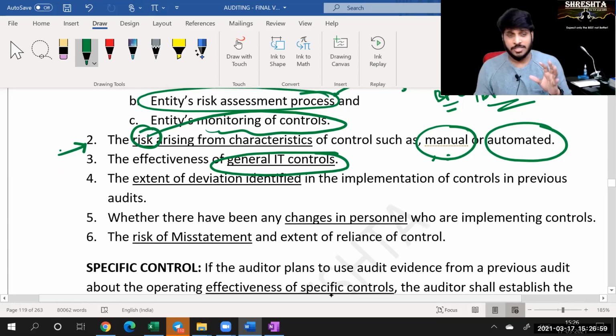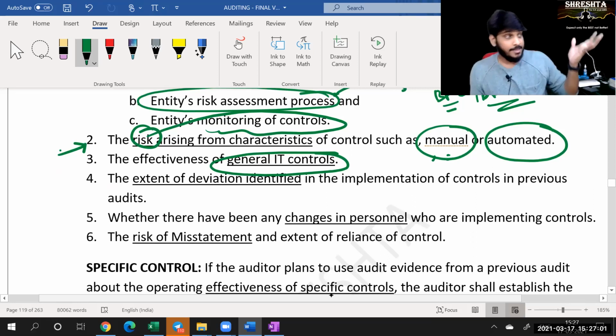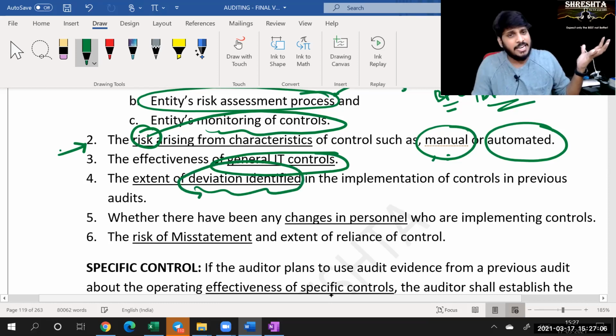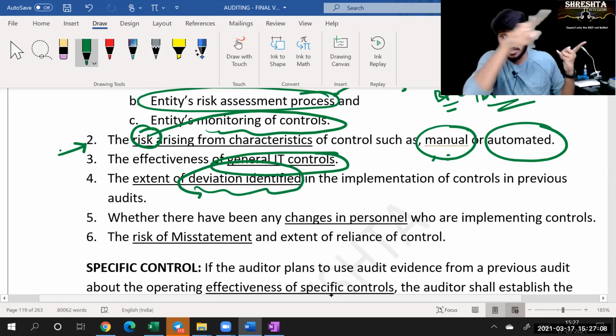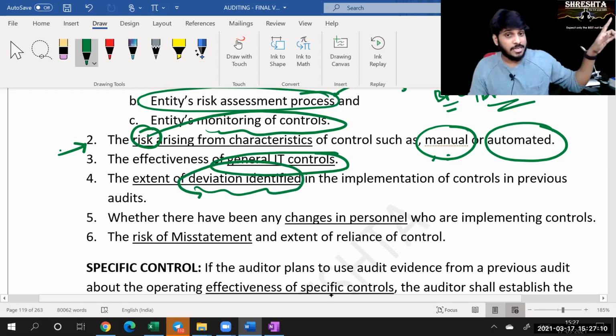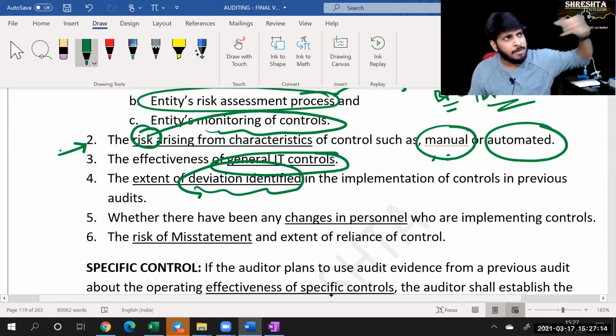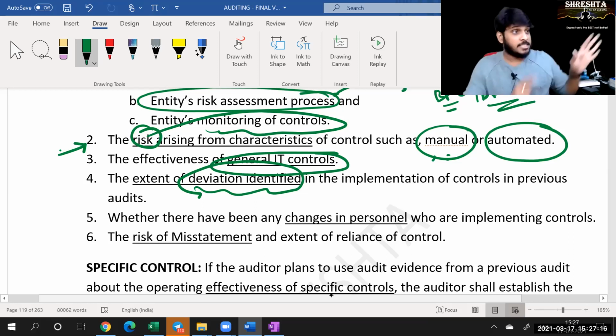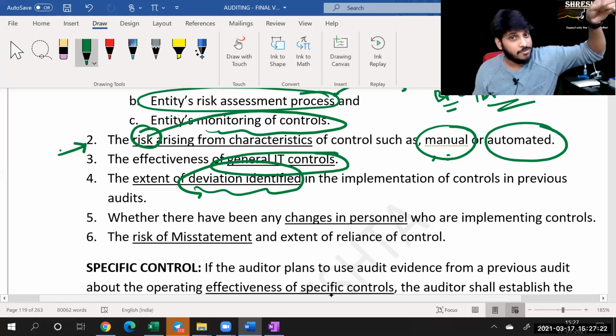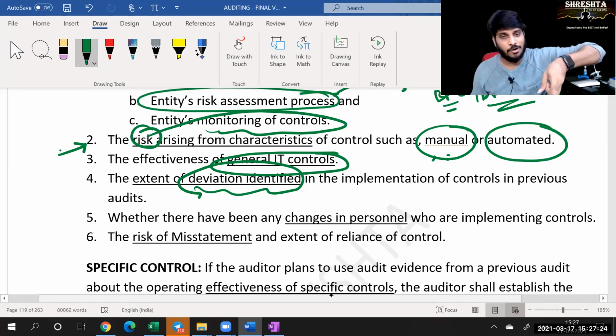Not only that, I should also see, last year I got evidence, right? In the last year evidence which I got, what are the deviations I identified last year? See whether those deviations were rectified in the current year. Suppose the deviation I found in last year's control was that the payment department is not checking the order and is making payment just like that. If the same thing is repeated in the current year, no, I should not believe it. Whenever I find something wrong and inform management, they should rectify it for sure.